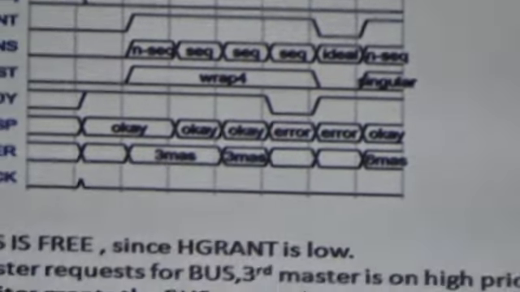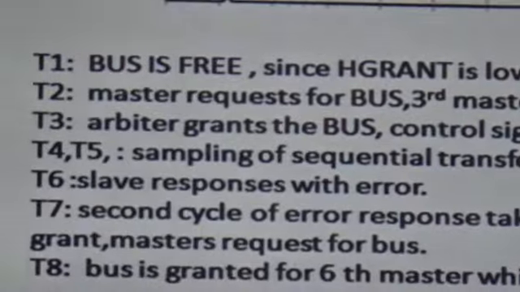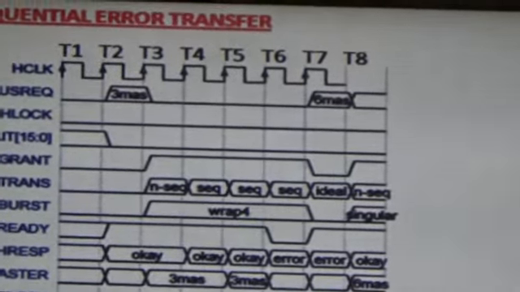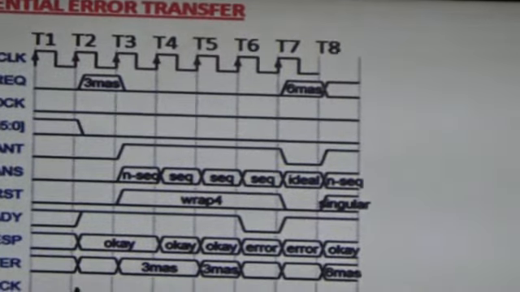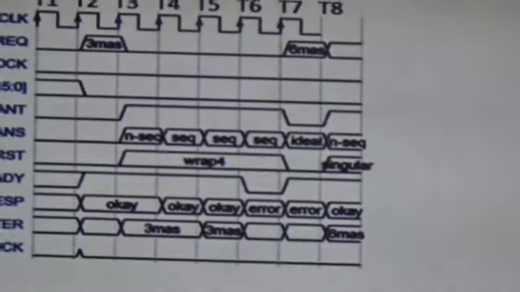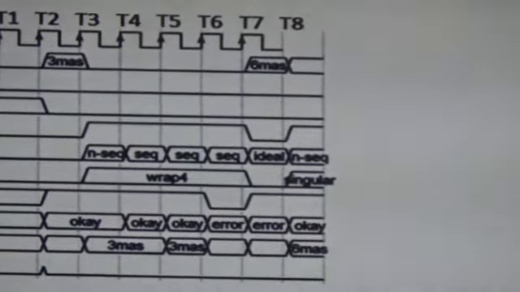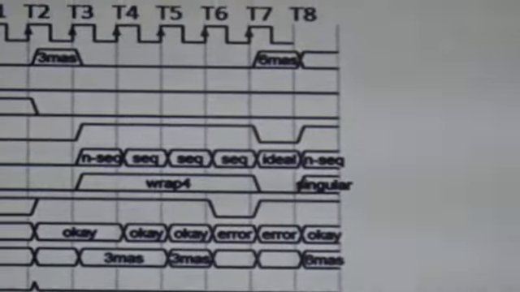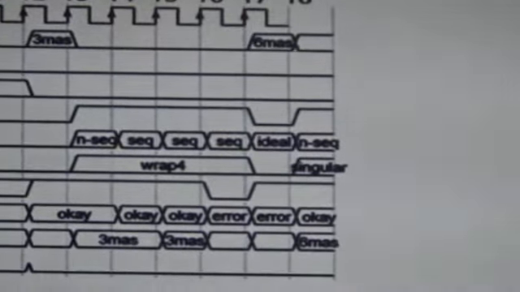And the normal operation occurs, wherein at the T6 clock cycle it is an error response. Since the error response is two clock cycles, at the fourth transfer of the WRAP4 the slave responds with error, and up to the T7 clock cycle the error response continues, and at the T7 clock cycle it becomes idle. Sorry, here it is not IDAL, it is IDLE, which removes its previous transfers, and since it removes its previous transfer, the bus is free.